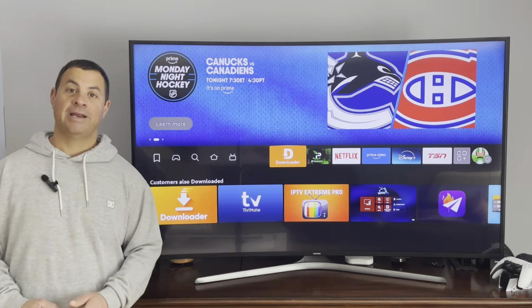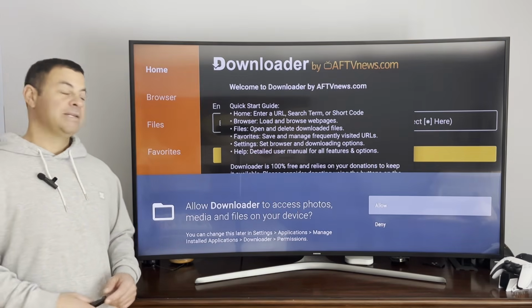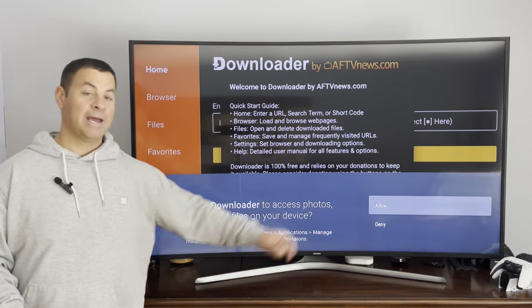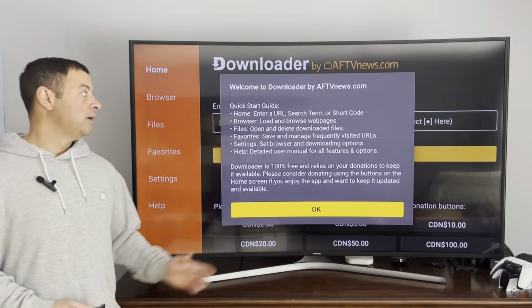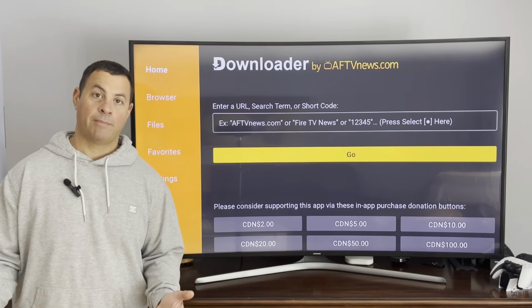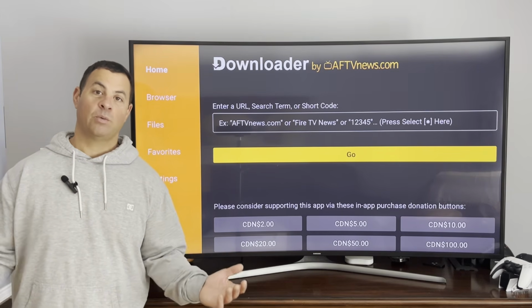So let's highlight and open up downloader. Downloader does need access to photos, media, and files on our device, so say allow. Quick start guide here, we can just say okay. Downloader works just like a web browser. So we can type in the website we're going to,